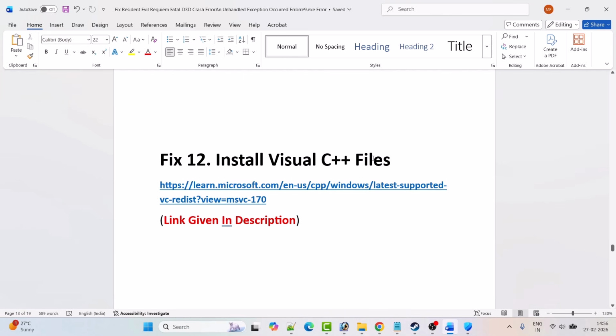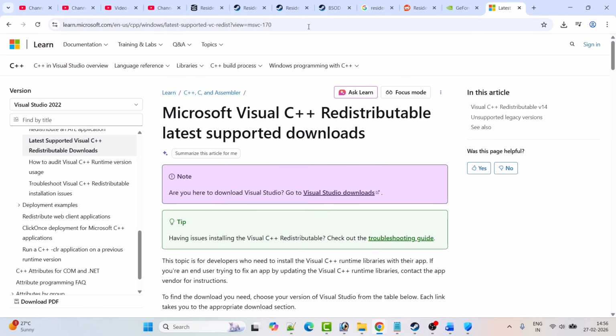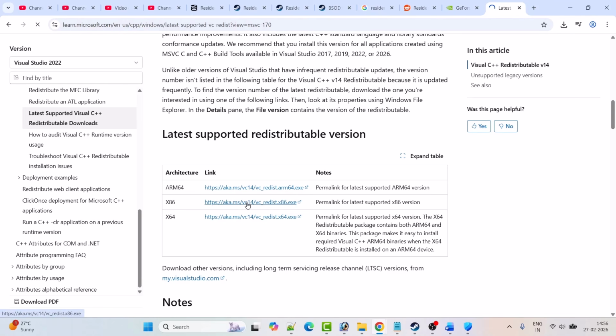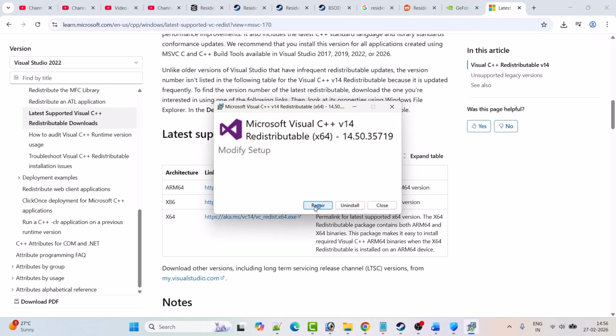Fix 12 is to install Visual C++ files. So go to this Microsoft website. Link is provided in my video description. And once you are on this Microsoft website, scroll down and download both x64 and x86 versions. If you download both versions, first click on x64 version. Now if you see repair option, then click on repair, and if you see install option, then click on install